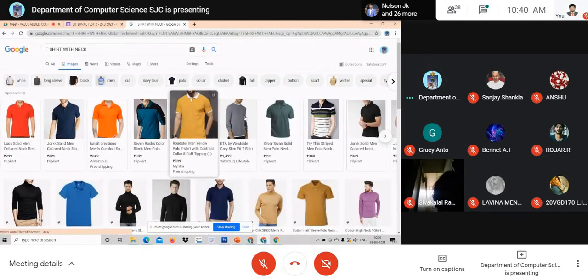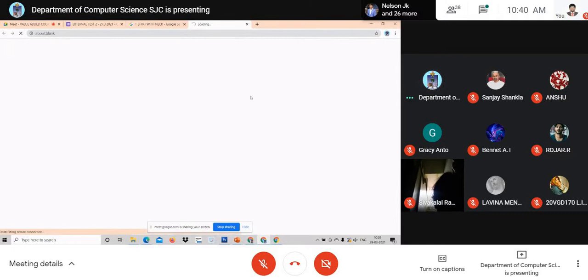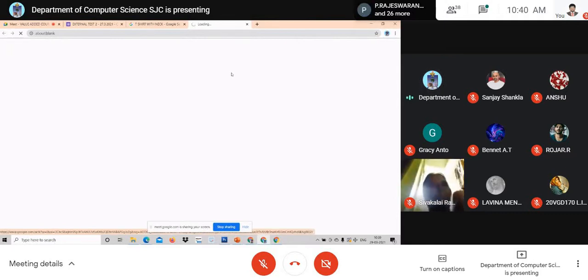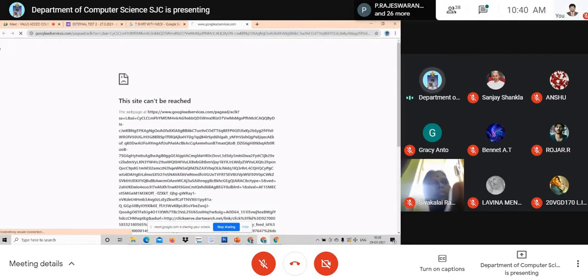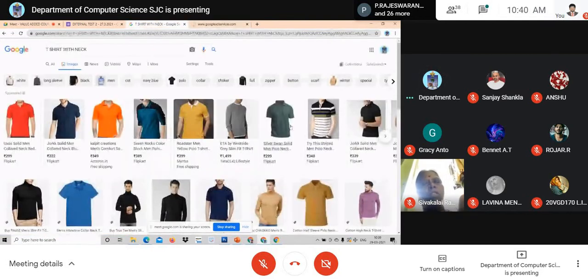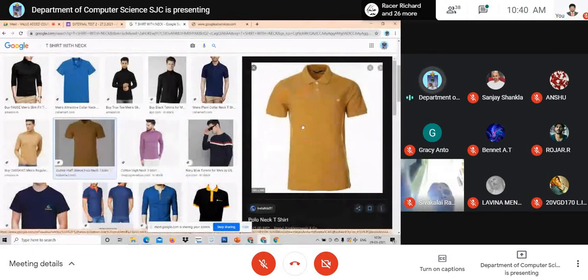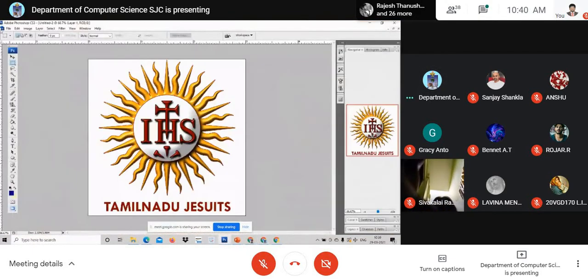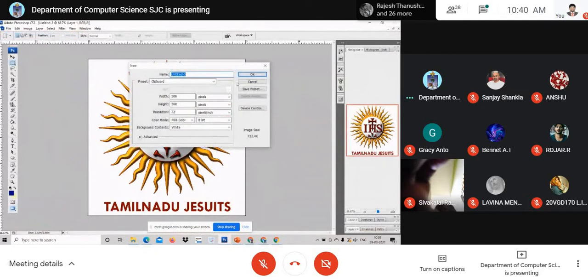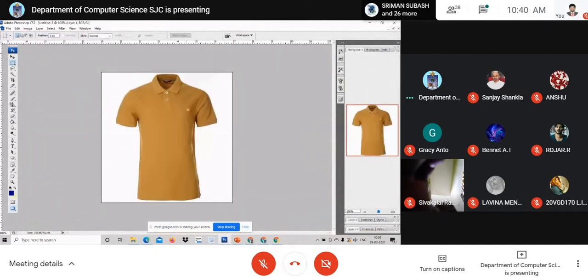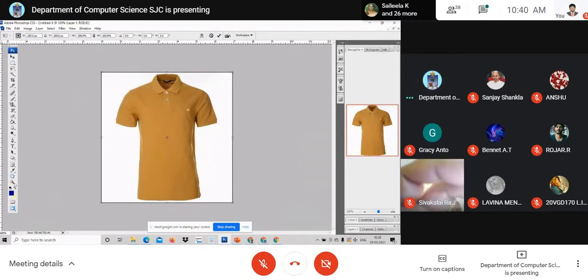Okay. Shall I take up this one? You can just change the color and see whether it fits. Yeah, I'm taking this one. Copy. This T-shirt size is very small.